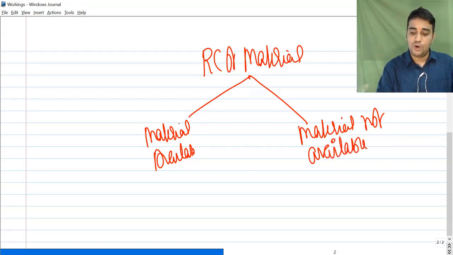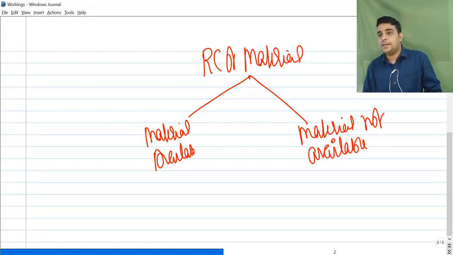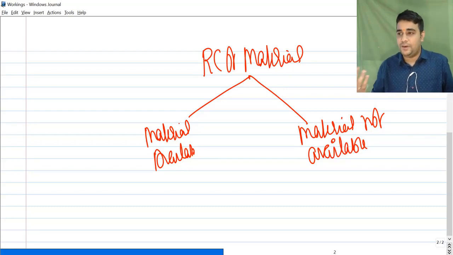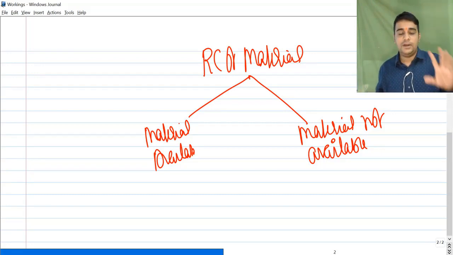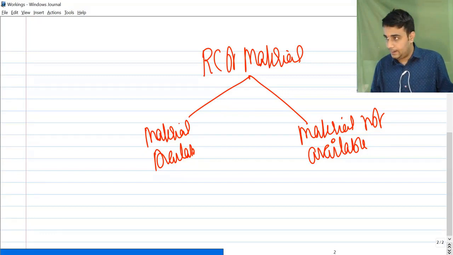I am planning to do a project. For that project I need some 10 different raw materials: A, B, C, D. Material A I may have in the company, material B I don't have in the company, material C I have. If you have the material, it is available; if you don't have it, it is not available. That's the scenario. If material is not available in the company,